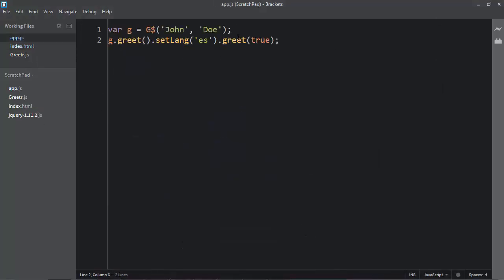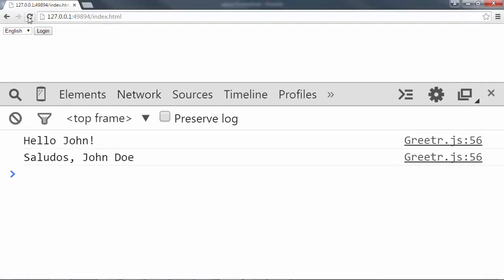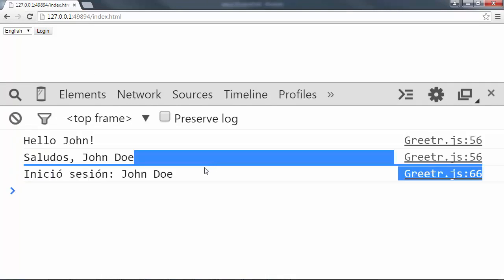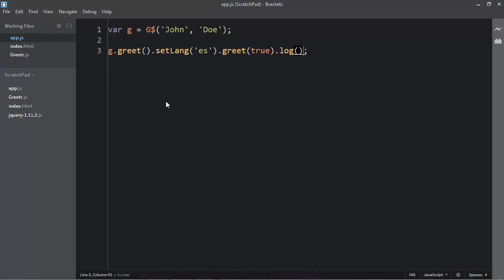And I still have my app.js code where I have my chainable methods. I greeted, then I changed the language, and I greeted again, but formal. I could even set the log, because I want to log this, and it used that. So all of that is working. Now I'd like to add a method that accepts a jQuery selector and then updates